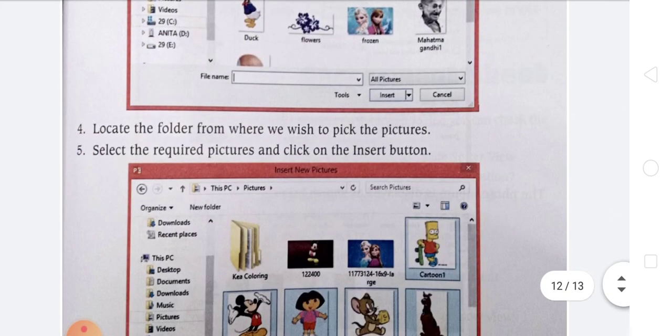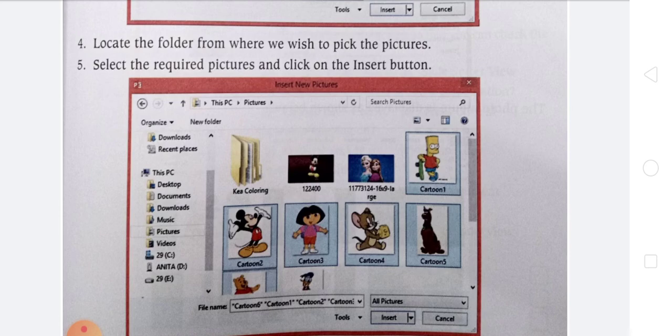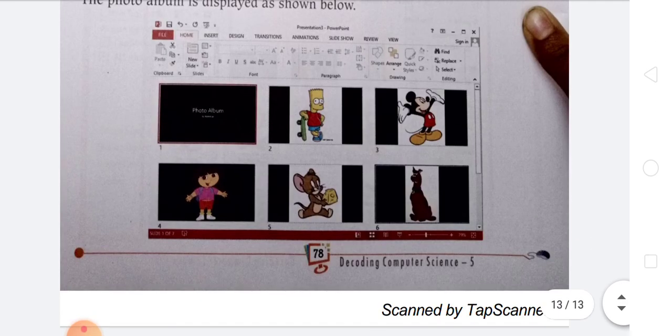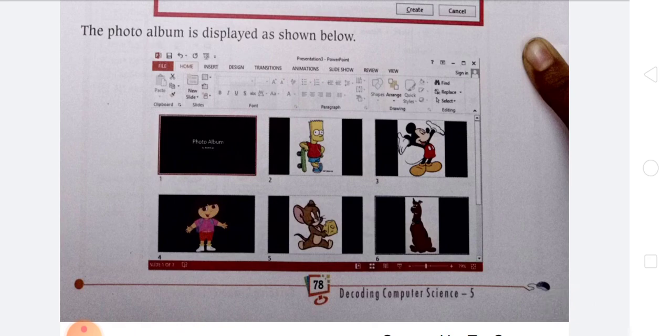Locate the folder from where we wish to pick pictures, then select the required pictures and click on the Insert button just like this. Here you see the photo album slide is displayed on your screen.